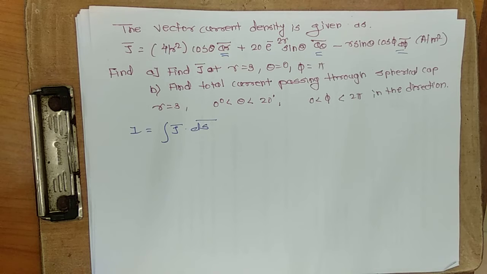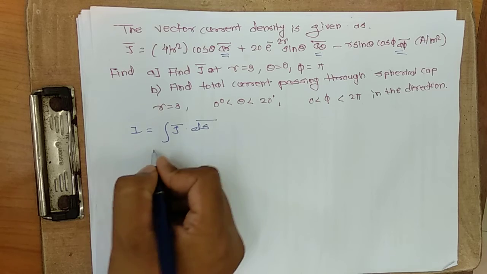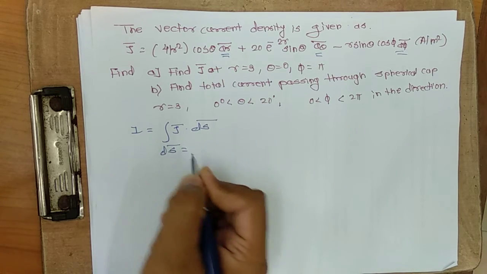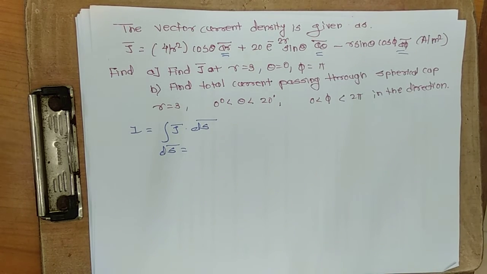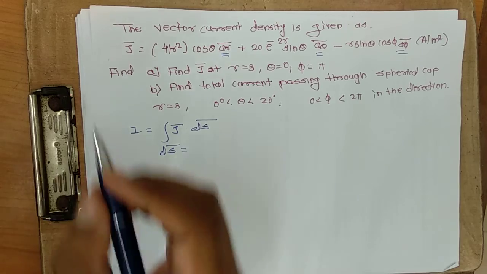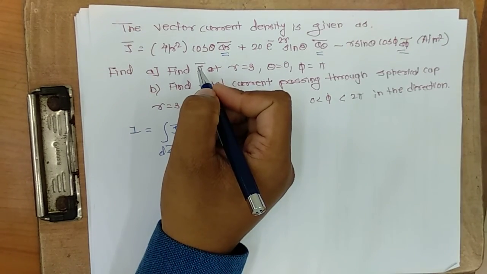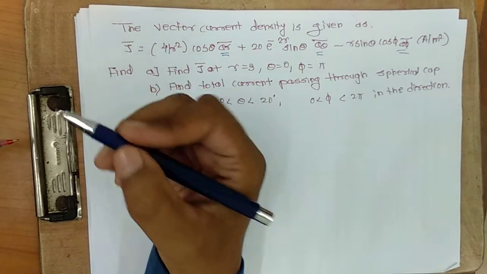Okay. So first of all we have to calculate this J bar dot dS bar. So what is dS bar for the spherical coordinate system? If you are calculating the surface, what is the dS bar? dS bar is a multiplication of two sides, two variable sides. Now in the spherical coordinate system there are three variables, that is r, theta and phi: the radius, theta, the angle from the top to the bottom, and phi, the angle around.